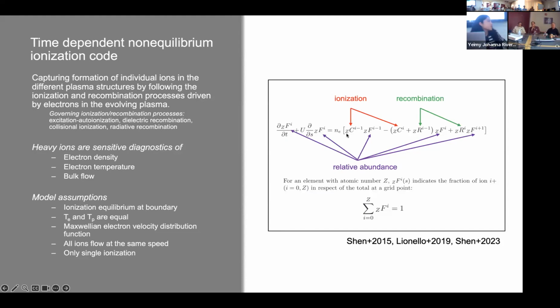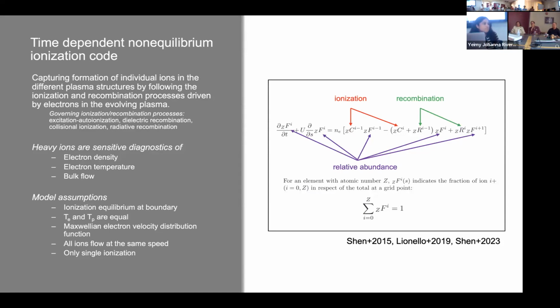It's kind of going back to the question someone put up here. You can't just look at the charge states and then predict an electron temperature from that, because that's assuming what you just said, ionization equilibrium, which we know is not the case, and we can see it from the charge states themselves. And so you do need to reconstruct the entire evolution of the ionization and recombination history of those ions, which is what we're doing here.